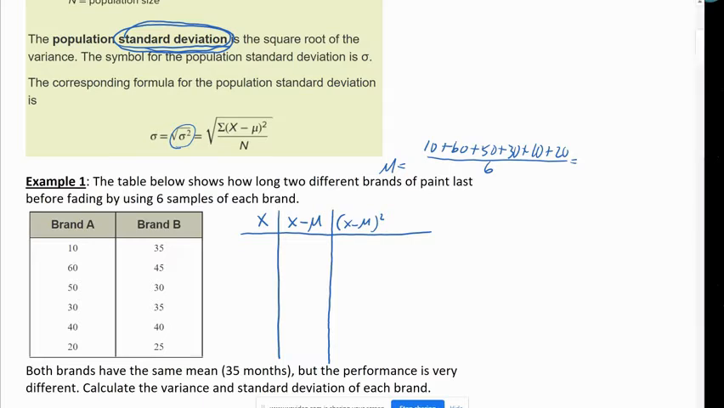Or no, that's actually a 40, not a 10. 40 plus 20. I got 210 divided by 6 is 35. So 210 divided by 6 is 35, so our mean is 35. So for brand A,